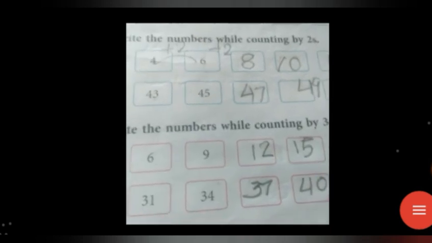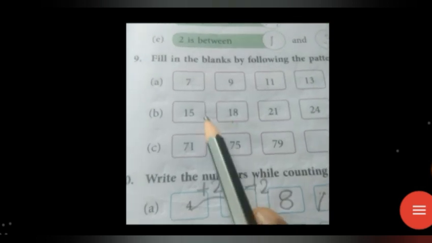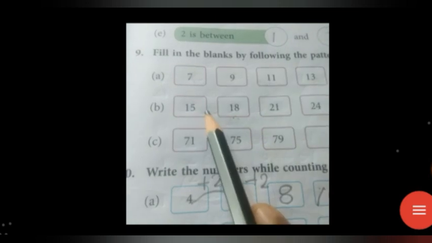So 3 is adding. Counting by 3s means skip counting by 3. That means 3 add ചെയ്ത് പോകണം. എല്ലാ നമ്പേഴ്സിൻ്റെയും കൂടെ 3 നമ്മൾ ആഡ് ചെയ്യണം. Understand? So here this is the next pattern. What is the next pattern? 15. Next number is 18. So you look at this pattern. Which number is adding to each number? എല്ലാ നമ്പറിൻ്റെയും കൂടെ ഏത് നമ്പർ ആഡ് ചെയ്തിരിക്കുന്നത്?